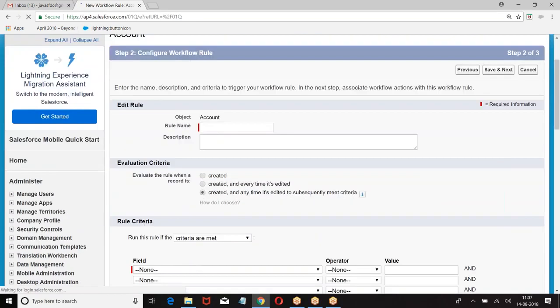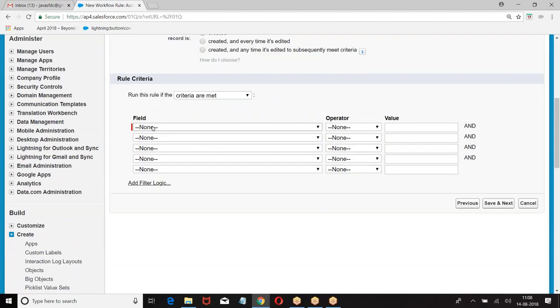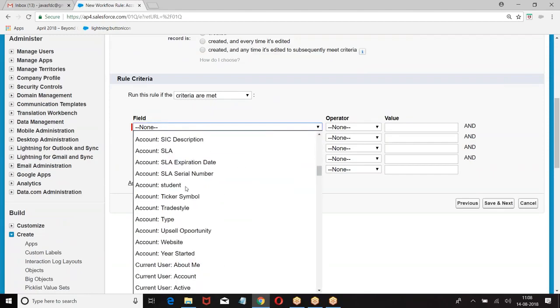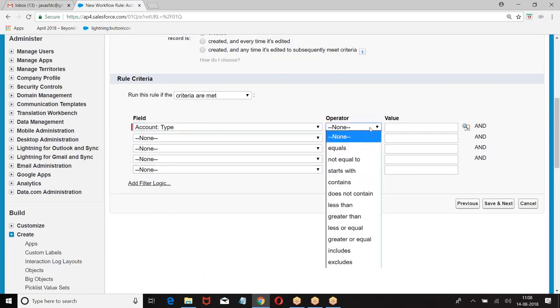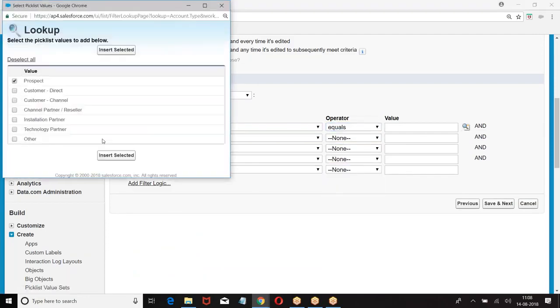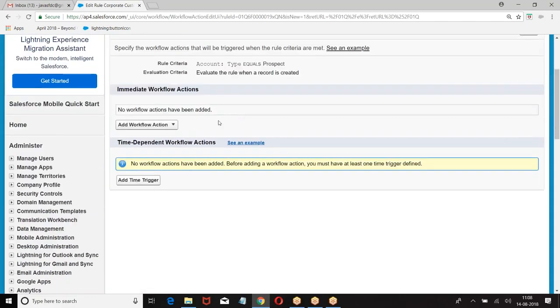Next, corporate customer created. I am giving a condition. What is the condition? If account type equal to prospect, then perform the action.